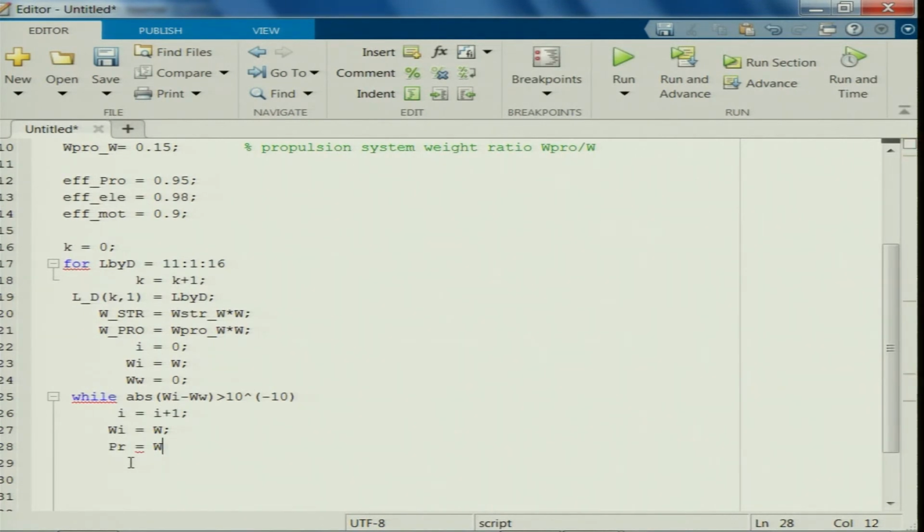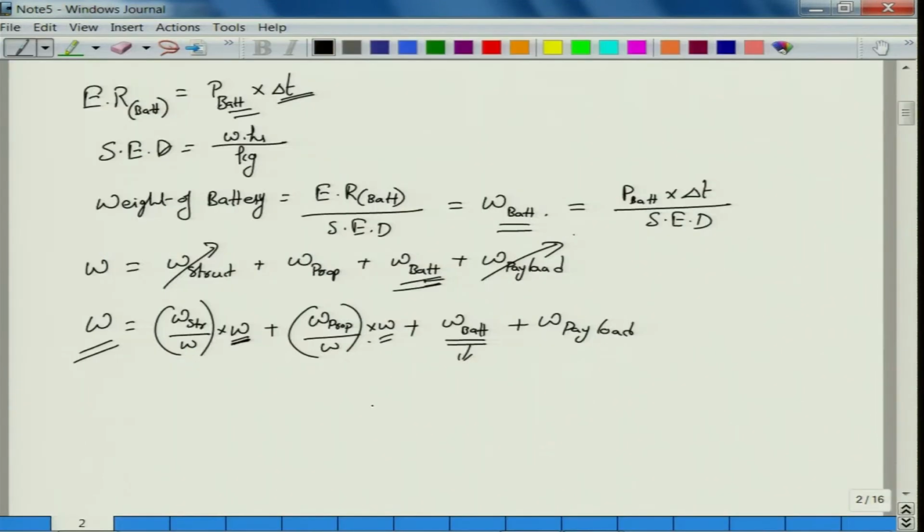weight of the aircraft, right, weight of the aircraft Wi times. So, this is in kg, I am just converting it to newtons. So, what is the power required here? For a level flight condition. So, this is like a surveillance mission at a constant L by D, right. So, that means more or less a level flight here. So, L is equals to W, right, and T is equals to D are the governing equations.